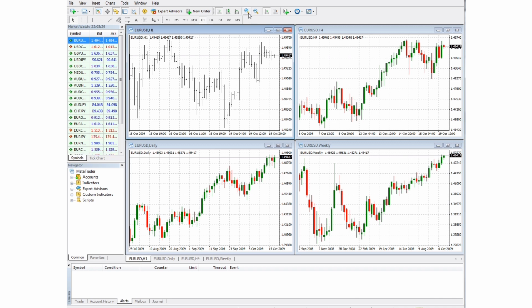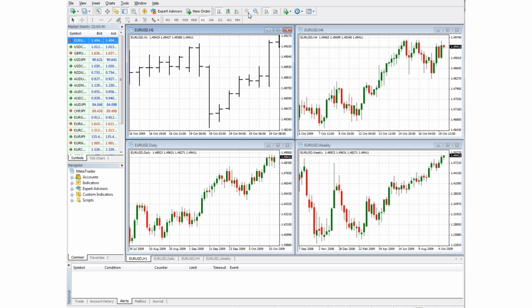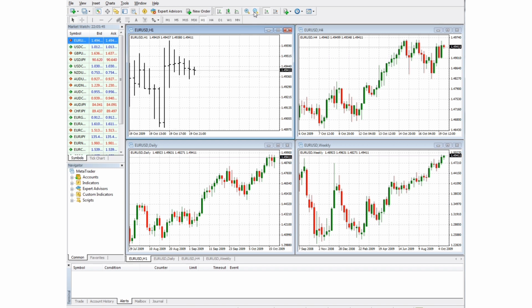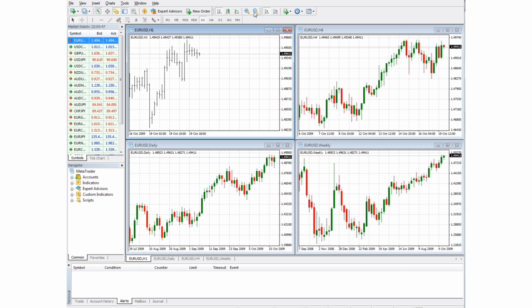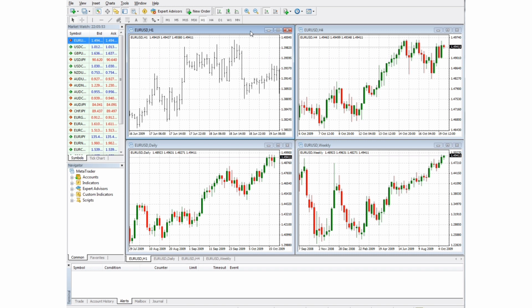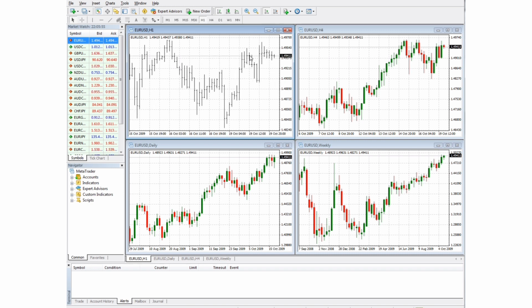Okay. You notice that if you zoom in, the bars get thicker. Zoom out, the bars get smaller. And I'm going to make sure that's turned on auto scroll. Okay. There we go. Okay, so in keeping with a quick start,